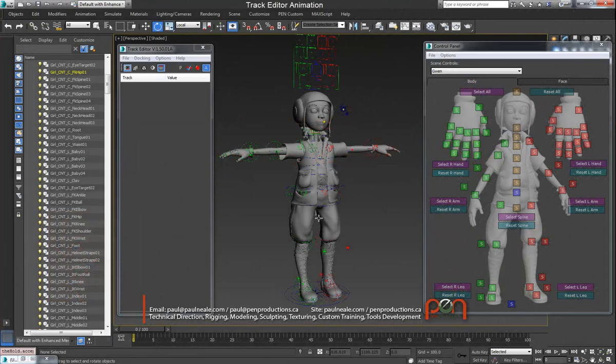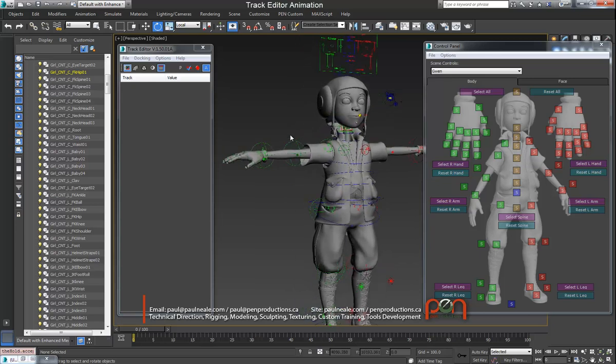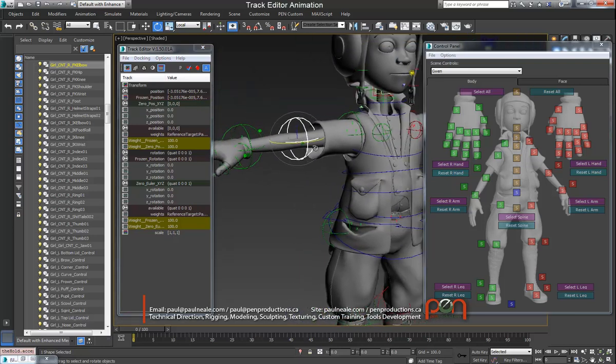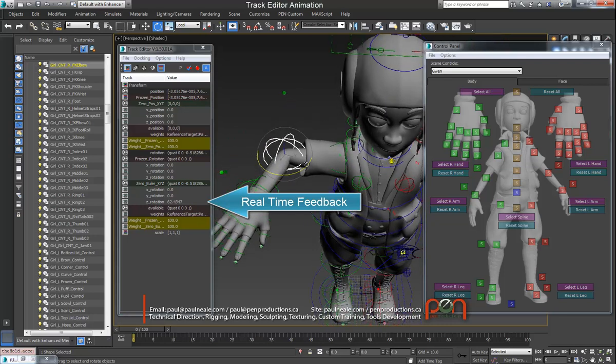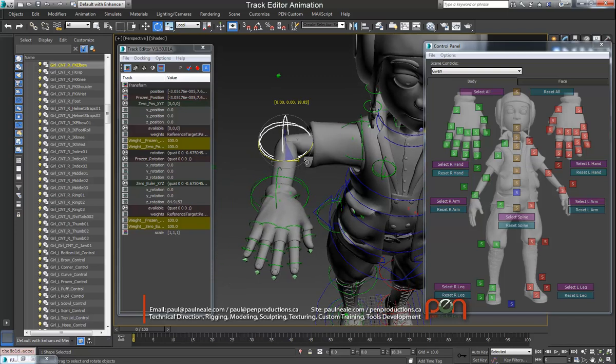Track Editor is great for animators for working with characters or other animated features in 3D Studio Max. It displays all of the controllers by default in the transform tracks. Right now it's showing all of the transform controllers that are currently on this control object. What's great about Track Editor is that it's perfect for typing in the values and zeroing out objects as you